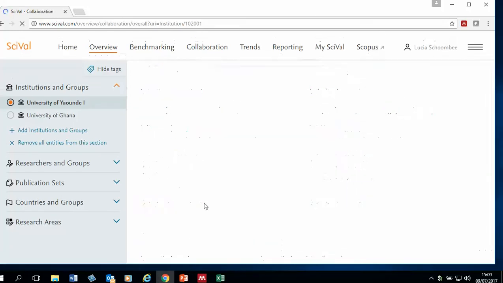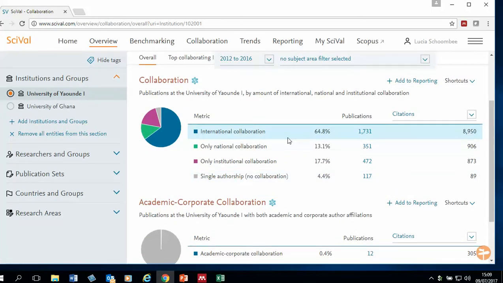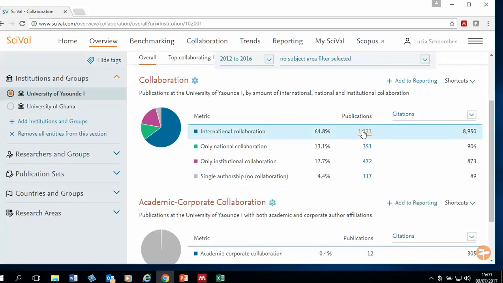If you look into the international collaboration, you get an idea of it, and you can change that from citations to citations per publication, or the field weighted citation impact. Right, so you can see the most publications had international collaboration, and a very high number of citations coming from those. If you change this to the field weighted citation impact, you will also see that the